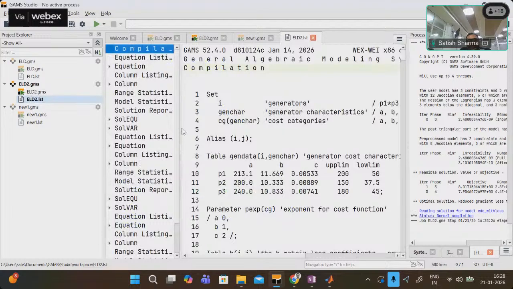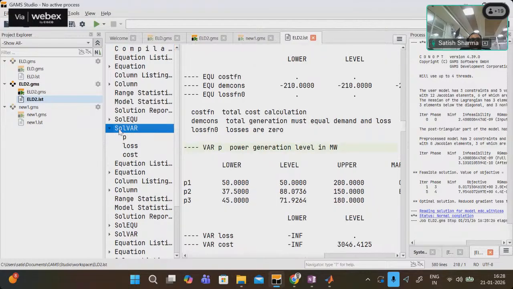So you can see there are multiple files there. First, we basically had without losses. So if you see the variables, the output is 50, 88, and 71. So this is the without losses output. There were no losses, and the lambda was